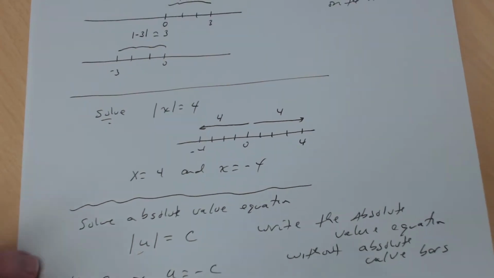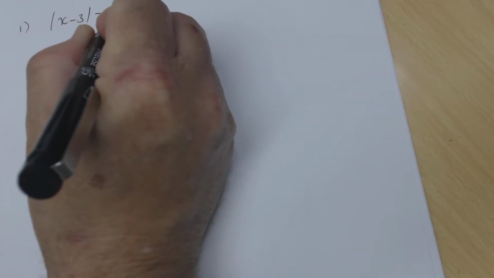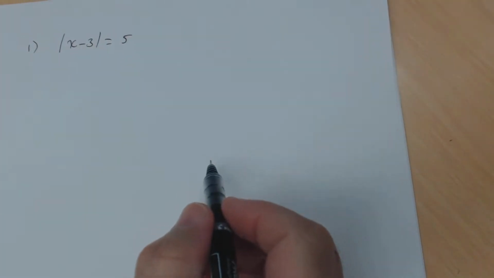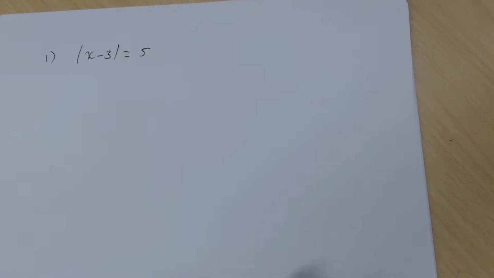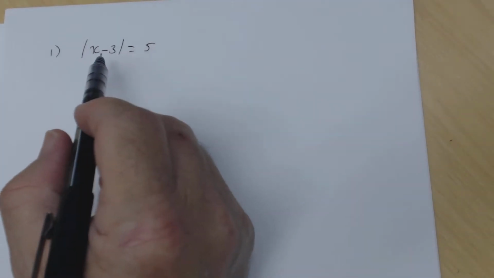Okay, so let's look at this example. This will be number 1. You want to solve each of these absolute value equations. So let's suppose we had the absolute value of x minus 3 is equal to 5. So according to our definition,